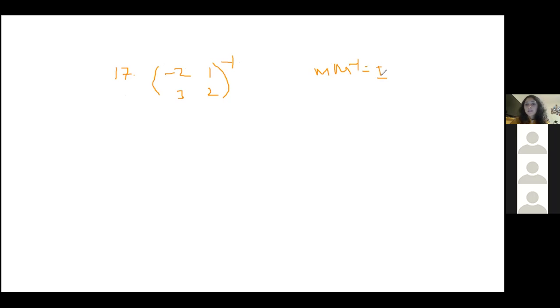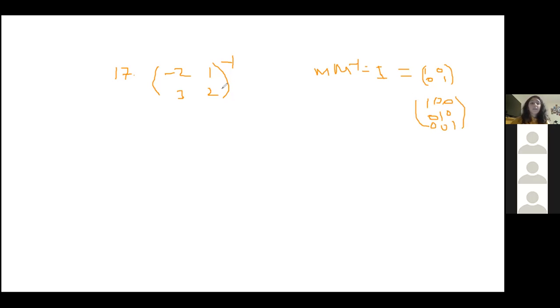In this case, because we're in 2 dimensions, the identity matrix looks like this. It has 1s on the leading diagonal, which is this diagonal, and then 0s everywhere else. If it was 3 by 3, it would be 1, 1, 1, and then 0s everywhere else. So that's the identity matrix. When you take an inverse and times it by the original matrix, you just end up with the identity.